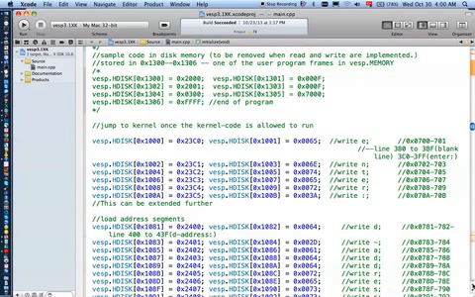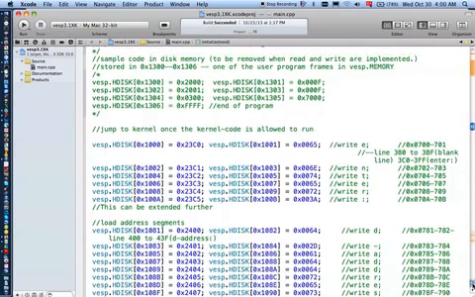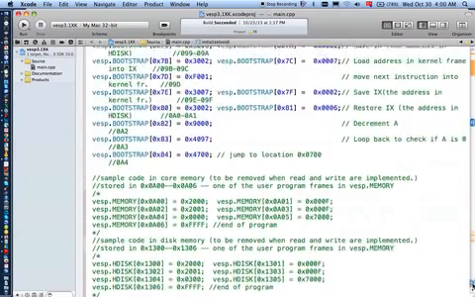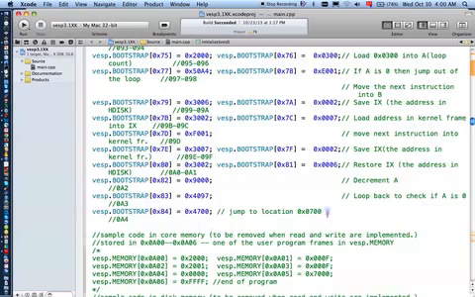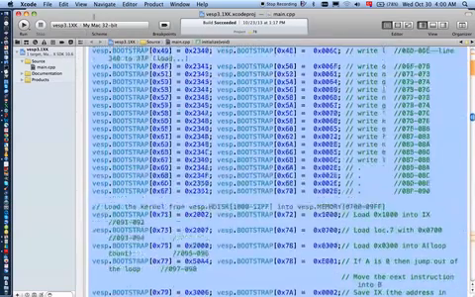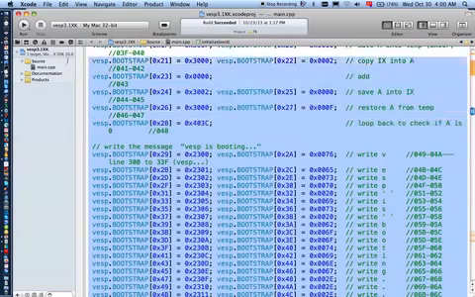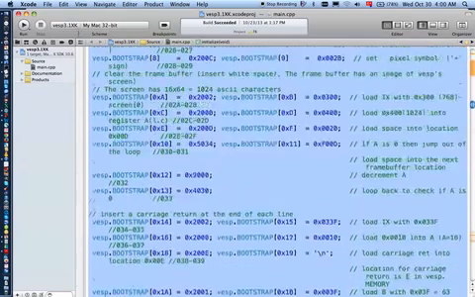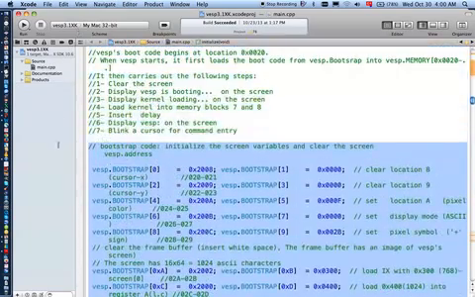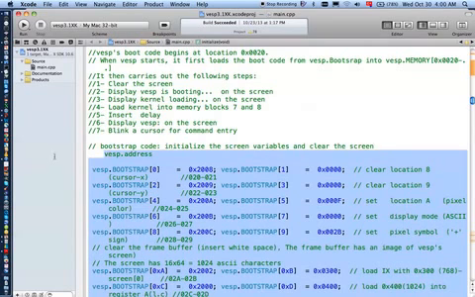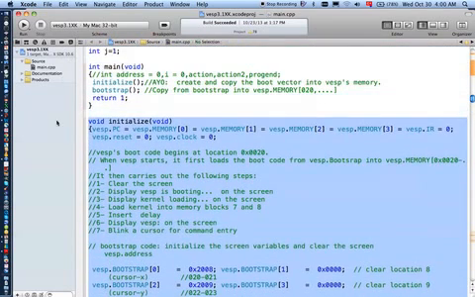Whereas we used to store things into the bootstrap memory over here, because that was part of our extended bootstrap code that VESP would have executed to complete the bootstrapping process, all of this stuff here, now we're going to switch gears and put things into the disk memory. Again, this is all part of the initialize function. This initialize function is there to set all the locations in the bootstrap memory, and then after that put the stuff into the